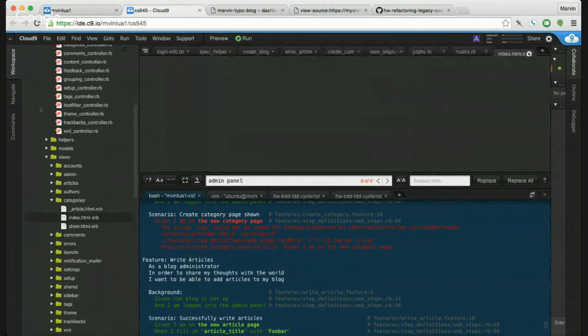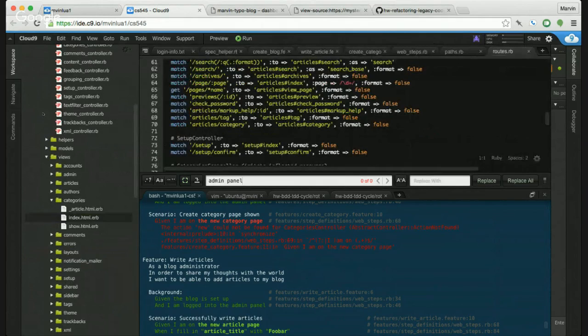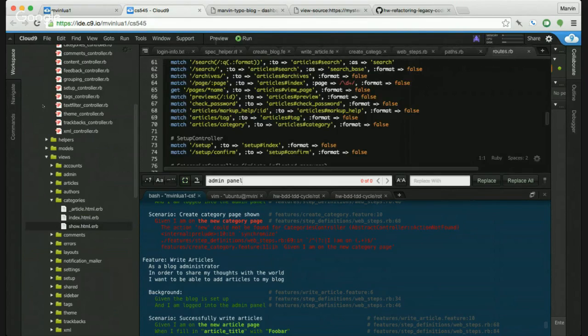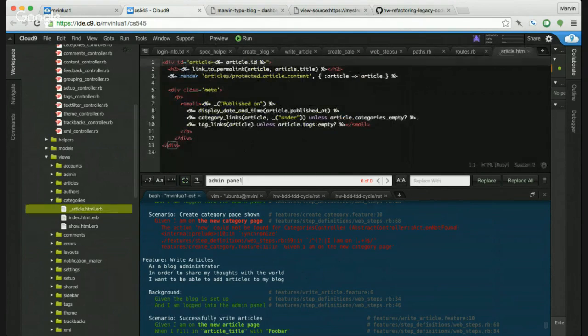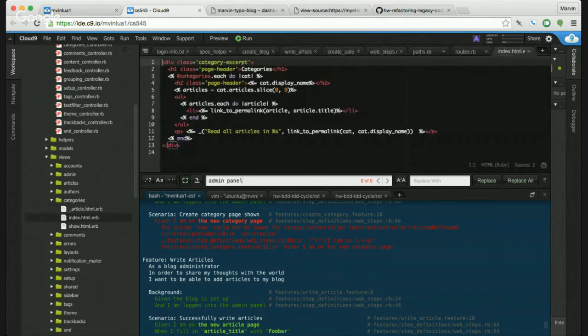This is, I presume, the Cucumber test we would want. We need to add a mapping now, I assume in routes.rb,